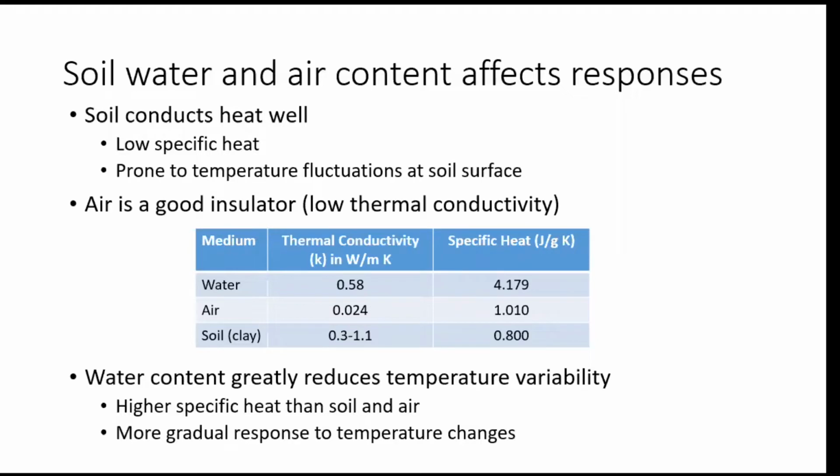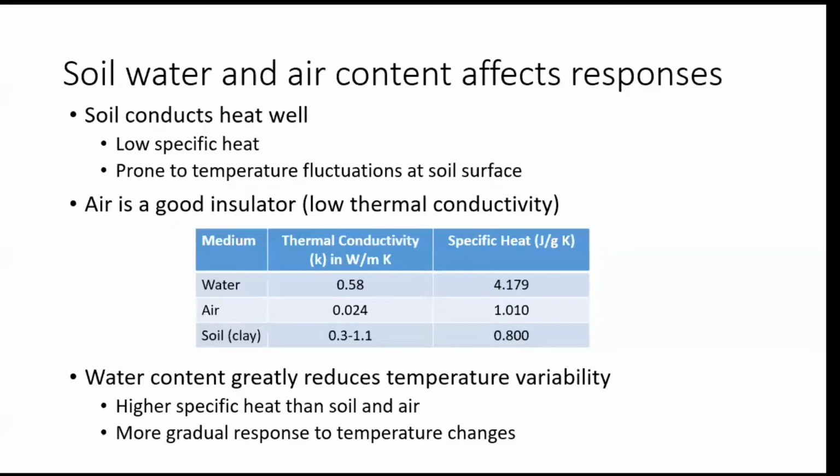When we think about soil pore space, soil is made up of solids, like the soil particles, organic matter, things like that. The alternate part is the pore space, and it's either filled with air or filled with water. The more water we have in our pore space, the more resistant that soil is going to be to temperature fluctuation. The more air we have in our pore space, the more prone to temperature swings that soil is going to be. So the more water we have in our soil, the more resistant to temperature changes it's going to be.